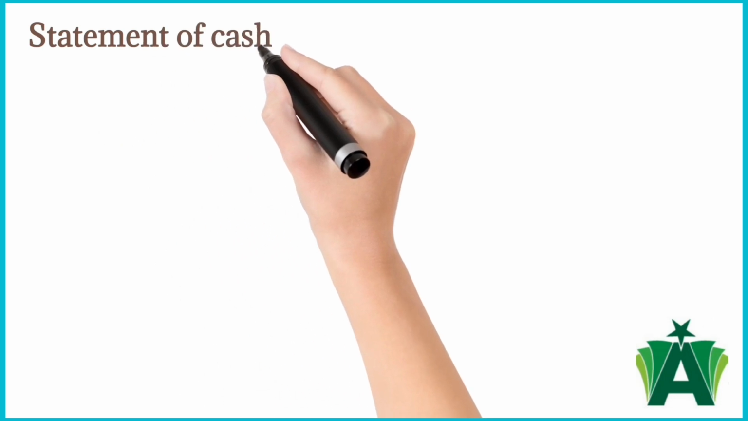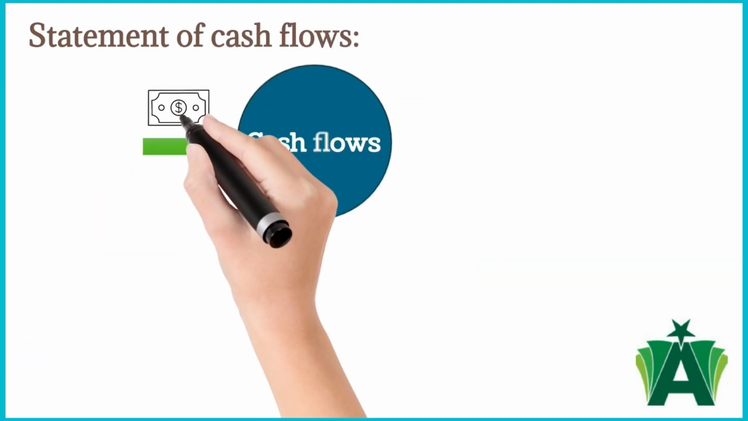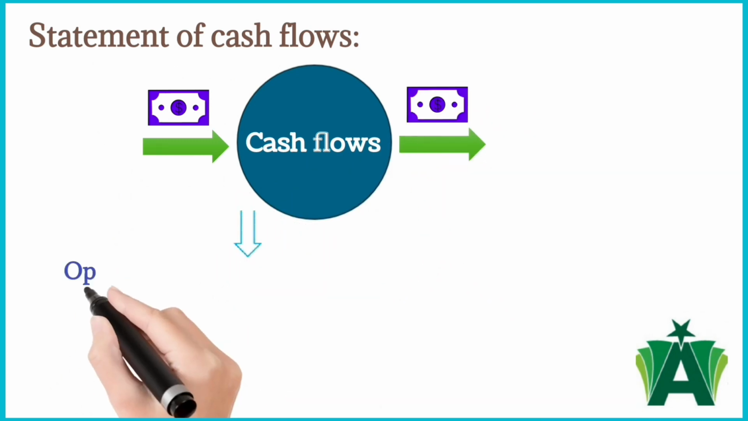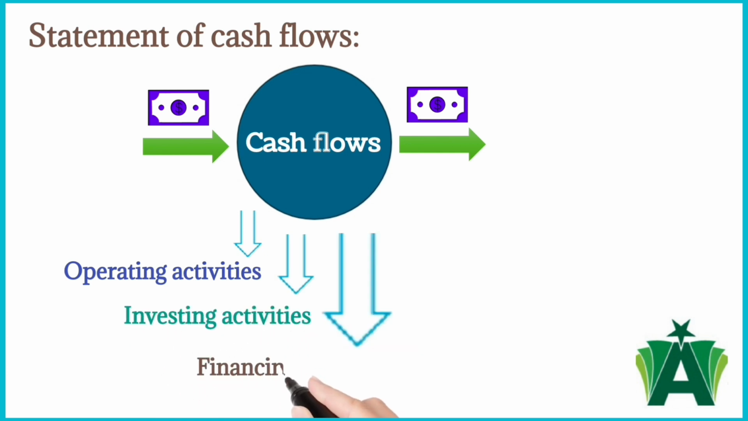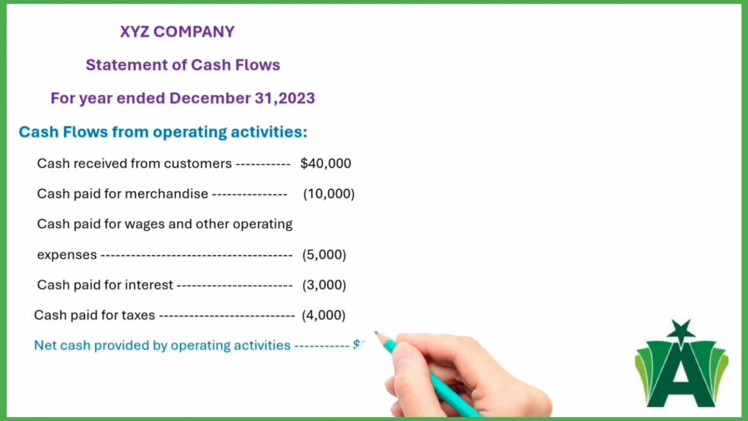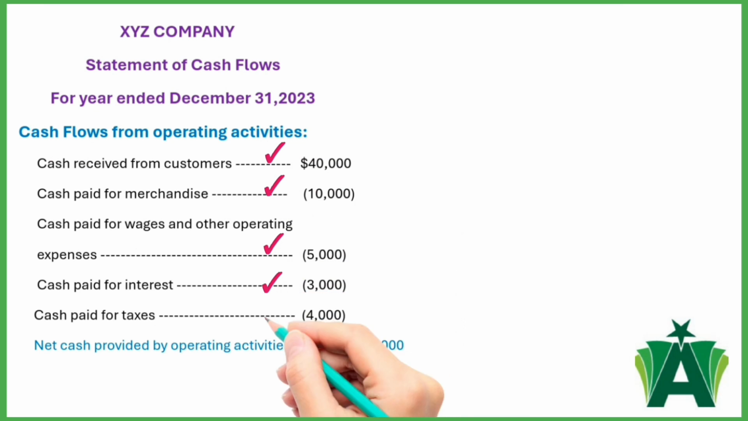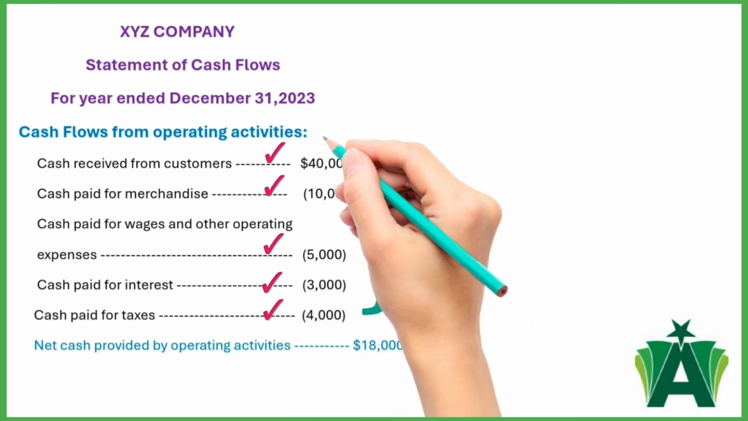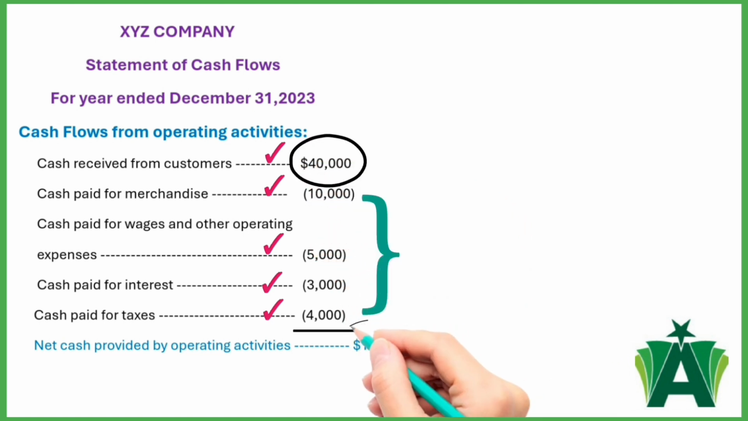Statement of cash flows. A financial statement that reports the cash inflows and outflows for an accounting period, and that classifies those cash flows as operating activities, investing activities, and financing activities. In the operating activities section, the major classes of cash inflows and cash outflows are recorded separately. The operating cash outflows are subtracted from the operating cash inflows to determine the net cash provided or used by